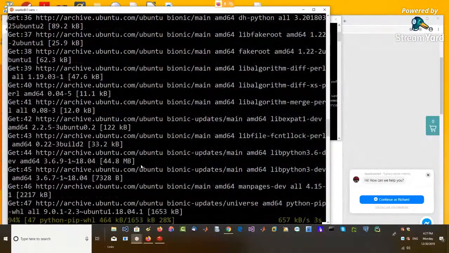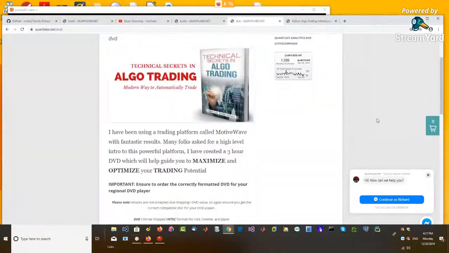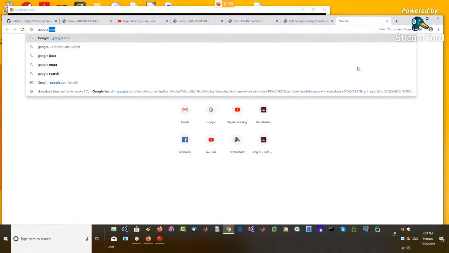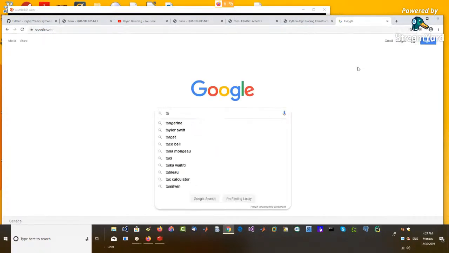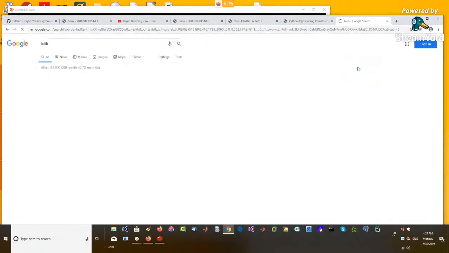So this may take a while. TA-LIB is pretty powerful. Now, I'm going to show you some of the benefits of TA-LIB in the meantime. If you were to look up TA-LIB, which is a C++ library,